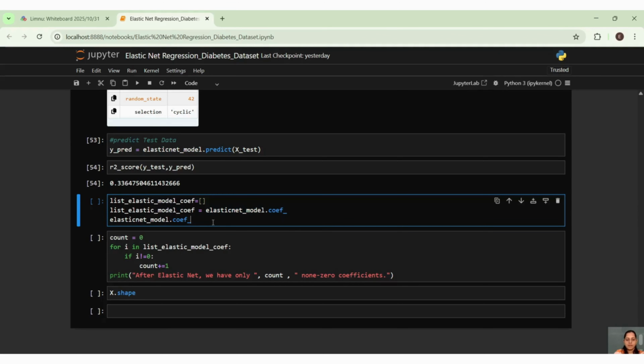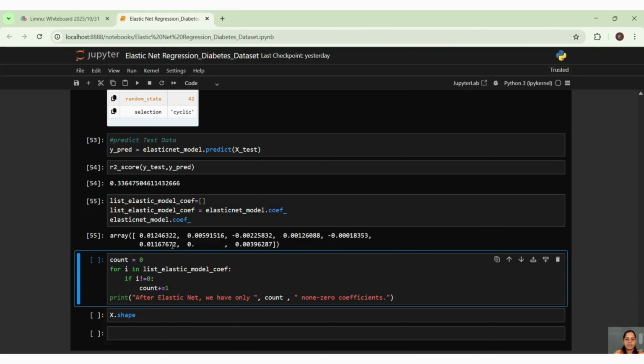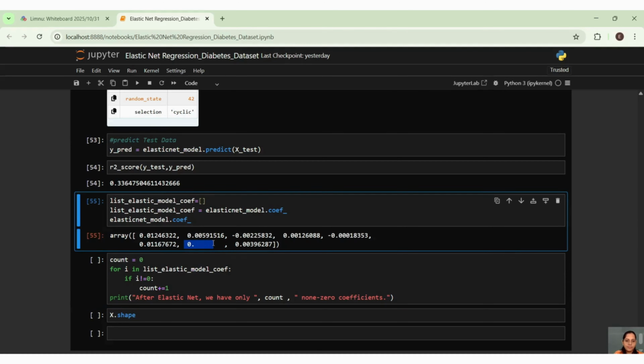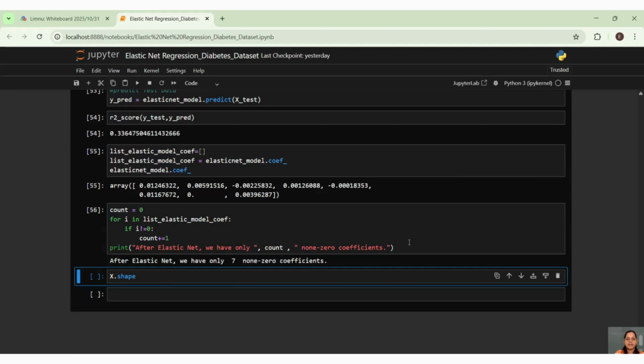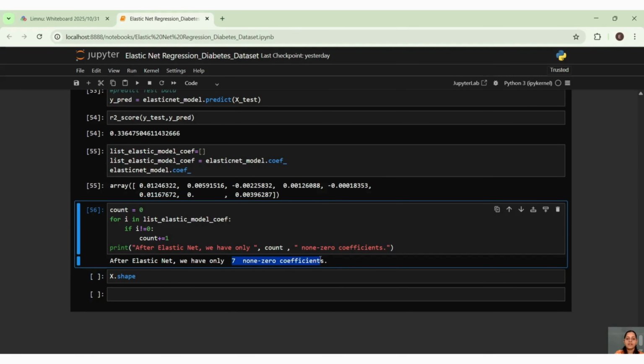And let me see how many we are getting. So you can see that I am getting 1 zero out of all my coefficients. So out of 8, one coefficient is 0, and I'm just taking that and printing it. So I can see that after elastic net, we have only 7 non-zero coefficients.